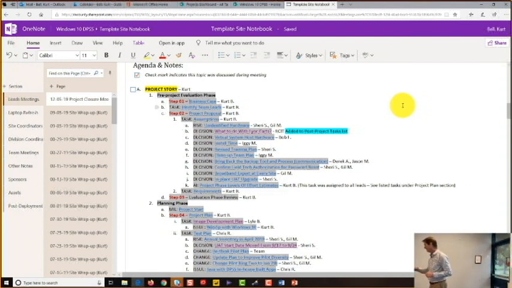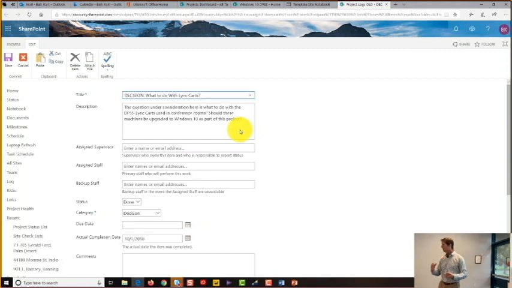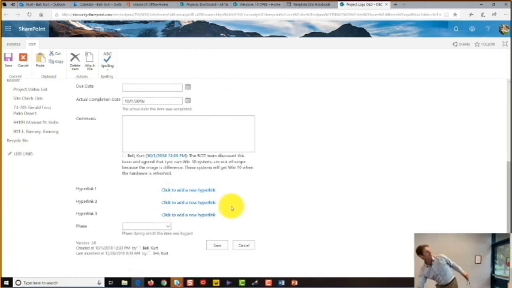It's a cheat, right? So this item here, okay, it's a decision. What to do with the link cards? It's assigned to RCIT, and it was added to the post-project task list, right? That's the way, because remember, to get more information, I could click on this item right here, this what to do with the link card, and what does it do when I click on it? It goes into SharePoint, finds the item in the log, pulls it open, here's all the gory details about it, and then way down here at the bottom under the notes, it's going to say, the RCIT team discussed this